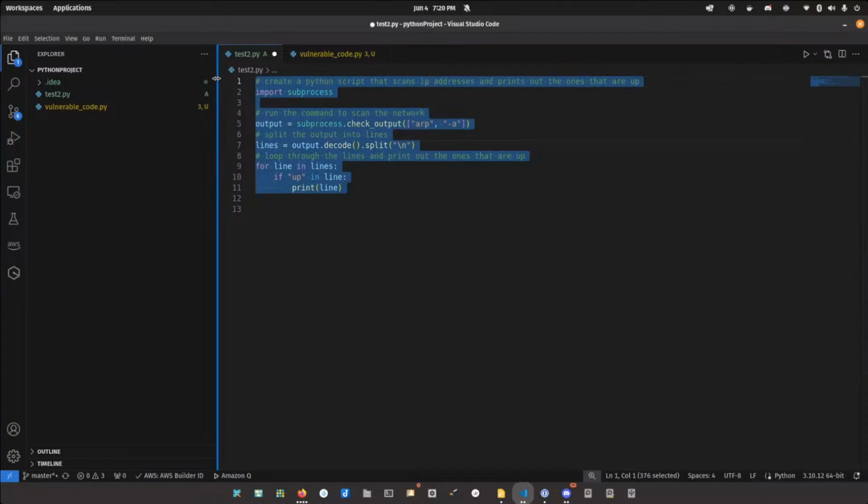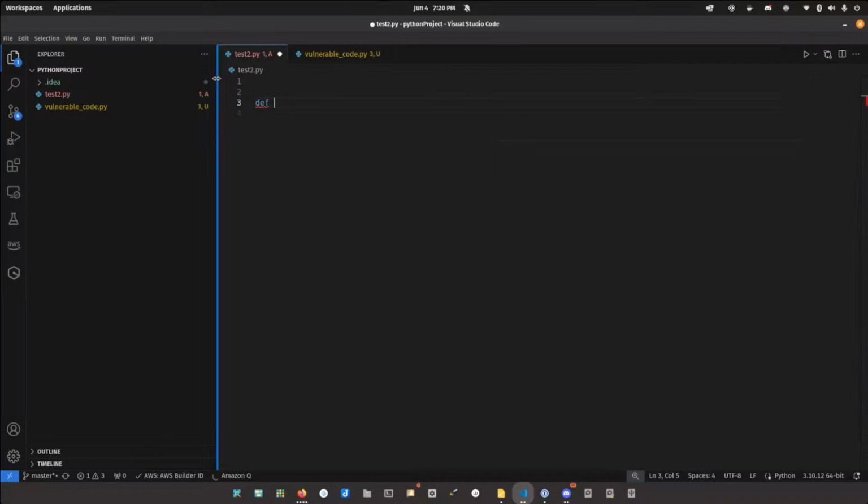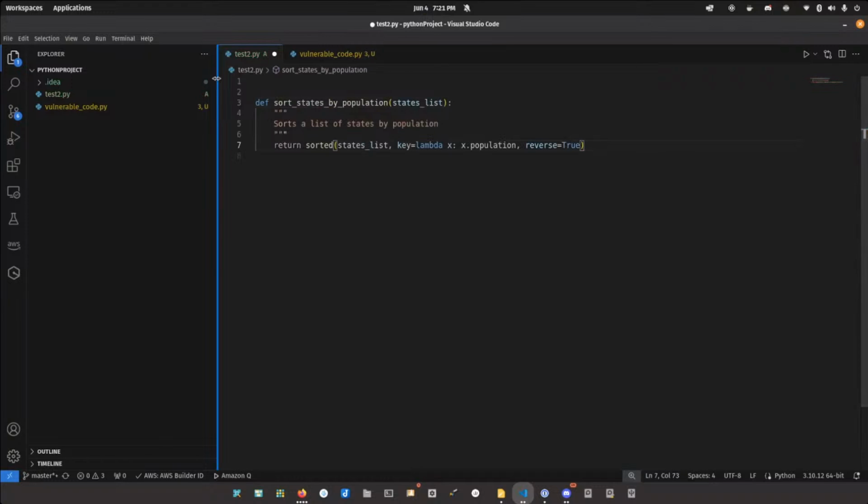Let's say I have a function here. I'll just use an example from over the weekend. It was states. Sort states by population, and you can see right here it's automatically trying to suggest what to fill in next.